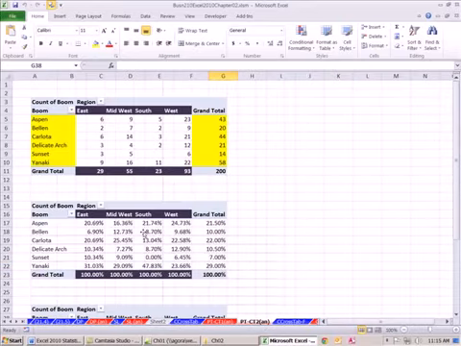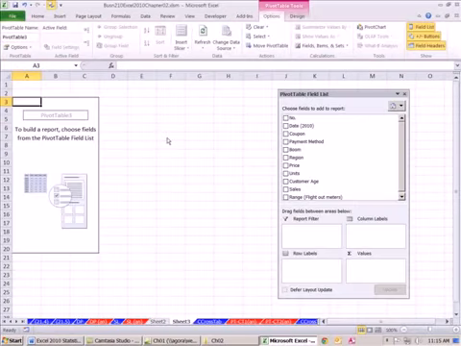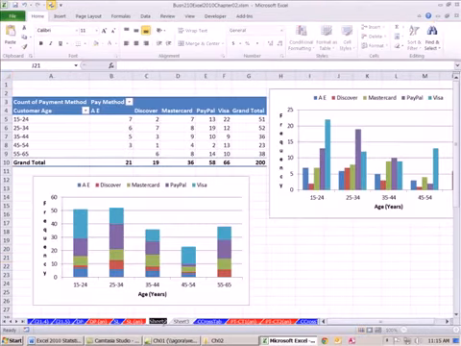Boom and region. Just count how many of each one of the boomerang products were bought in each region. I click in one cell, Alt N V T, and I'm going to hit Enter. Now I can already see I've done something silly here. I want to click on this Sheet 2, double click it, and we'll call it PT